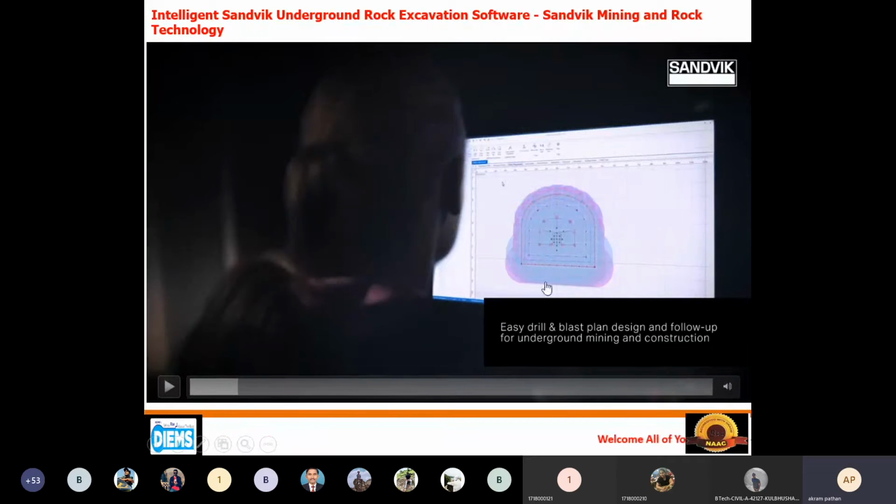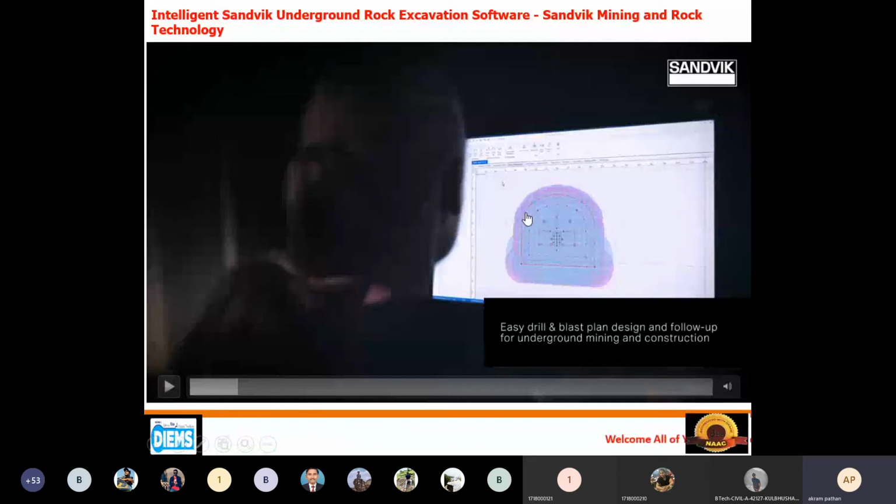Generally, if you see here, first we need, after giving the proper dimension for the tunnel surfaces, what do we have to do? First, we have to plan the number of drill holes. So these are the number of drill holes, and the spacing between the two rows.